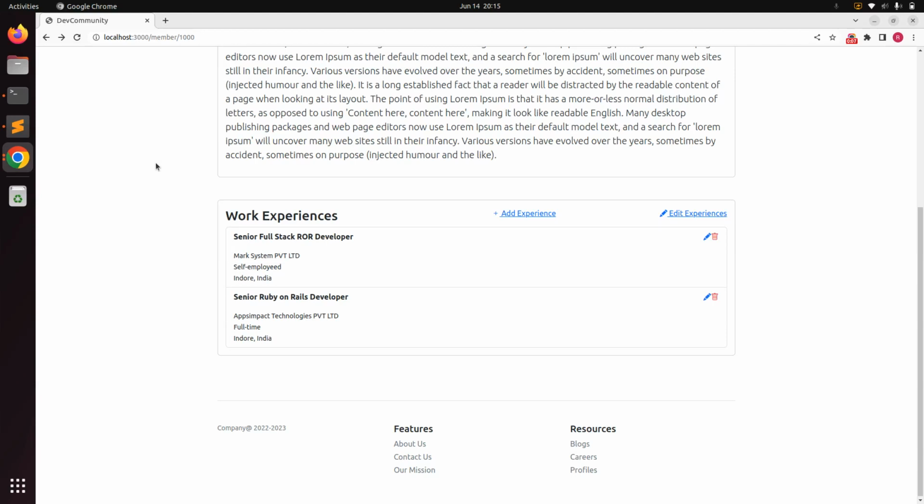Hello guys, welcome back. So far we worked on work experience association with the user model, and we also finished the CRUD operations for the work experience resource using turbo stream. Now in this lecture we will be working to display more work experience attributes in the browser by creating an instance